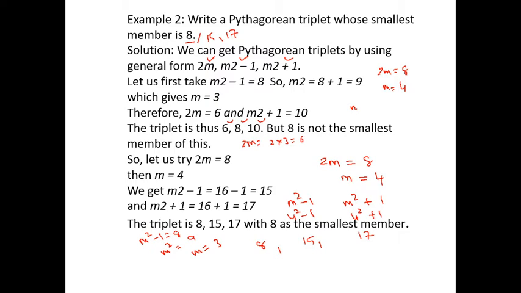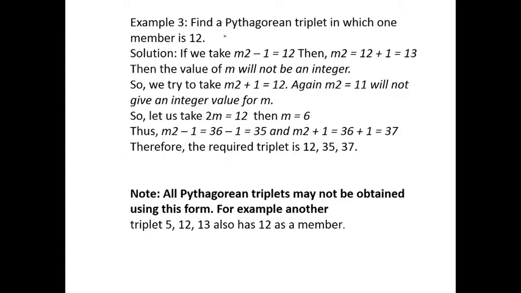So one more slide, if we see, then we can understand better. See now, only one number is told. Here the smallest is not given, only one number is given. So just always remember 2m. If it is an even number, always divide by 2. So m is equal to 6. Now the formula is m square plus 1, m square minus 1.